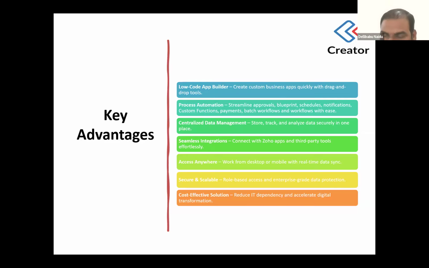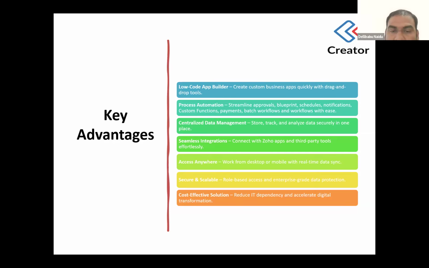If you use Zoho One, there will be integrated applications, or else you can create your complete application for your entire business, for people management, HR management, or sales, purchase, whatever business process. It will be in a centralized database. Then you can streamline your integrations, connecting with internal applications or third-party applications, and access from desktops, mobile apps, and your iPads. It will be in real-time syncing only. Then you can secure it and it will be scalable. Here it will be accessed by role basis. That means you can easily control your modules and screens, forms, fields, everything.